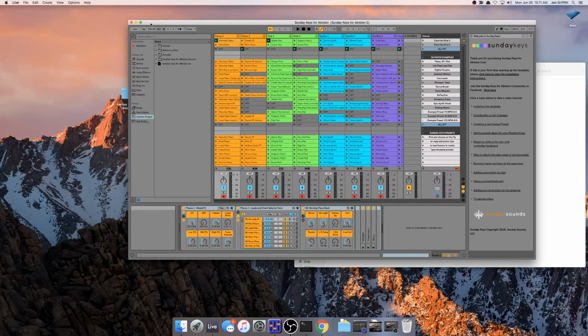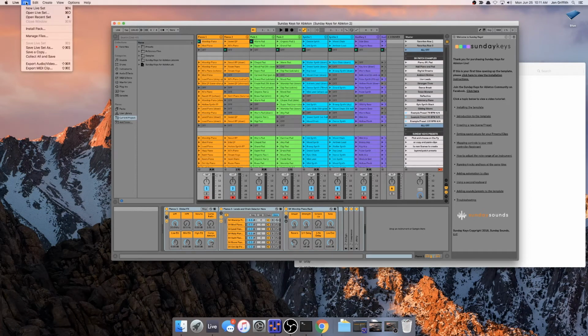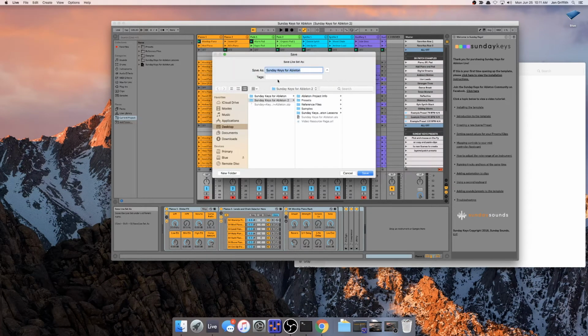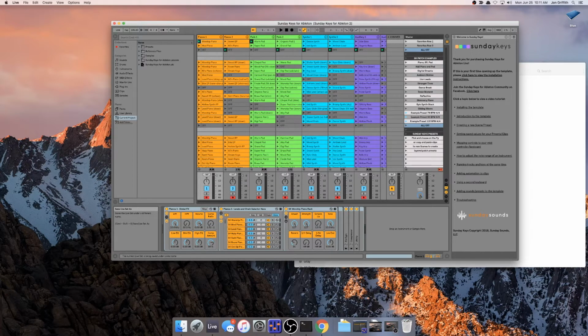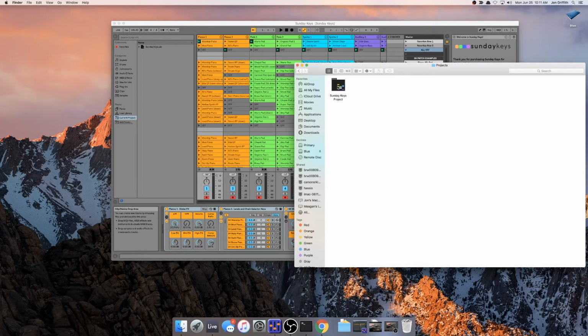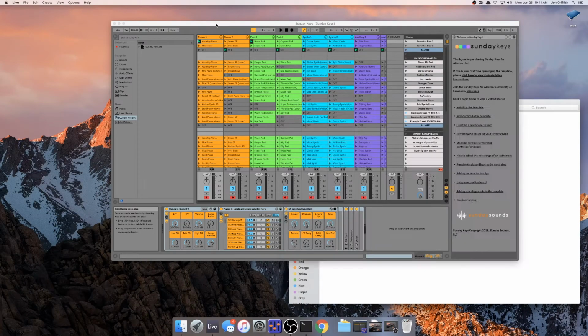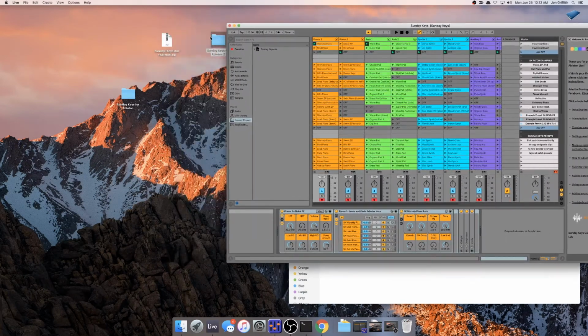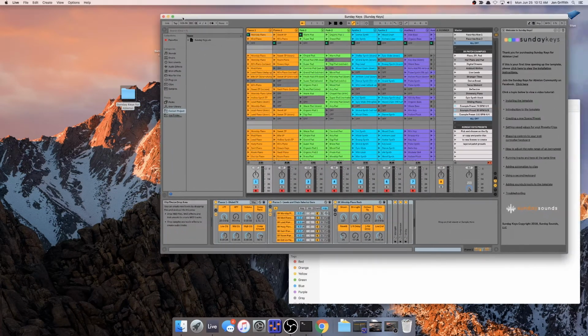So the first thing I'm going to do is simply come into Ableton Live, and I'm going to save this set as, I'm going to head over to my projects folder, and I will call this Sunday Keys. I don't need the for Ableton because I know that it's for Ableton, because it's now in my Ableton projects folder. And we'll see what happens here is Ableton creates a new project. Inside that project, a new project info folder and the new set. What we don't have are all the other folders that came with it, which I clearly have. I've unzipped this twice. So I'm going to close this or get rid of it, and let's fire up this